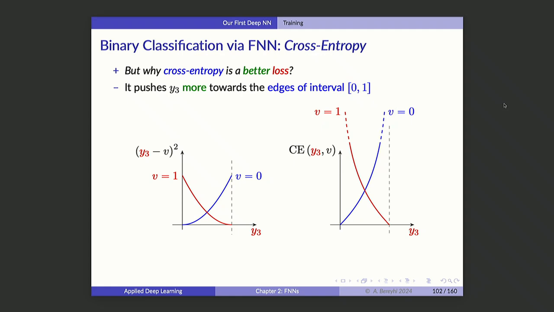And cross entropy is doing it better as compared to the MSE. Yeah, this is the whole point. So this means that if we have the same learning rate for both of them, the convergence would be